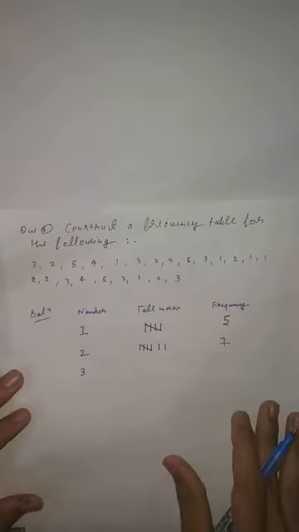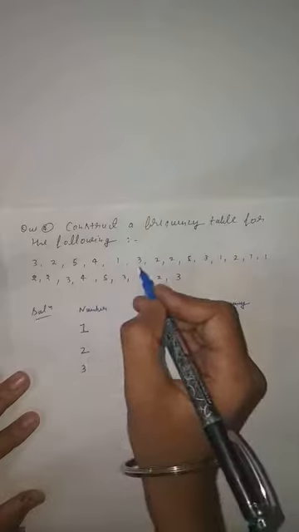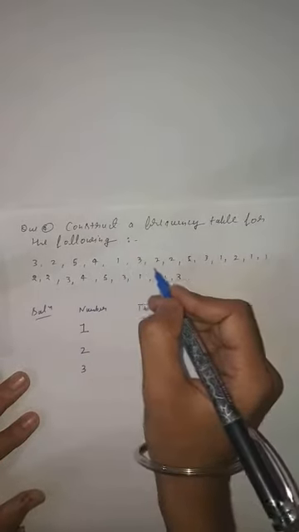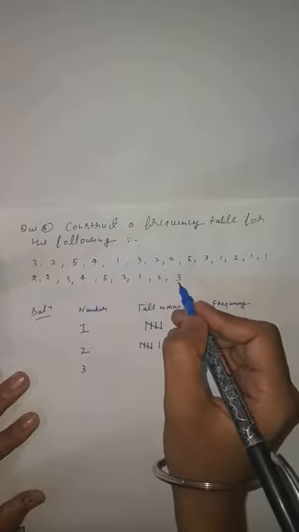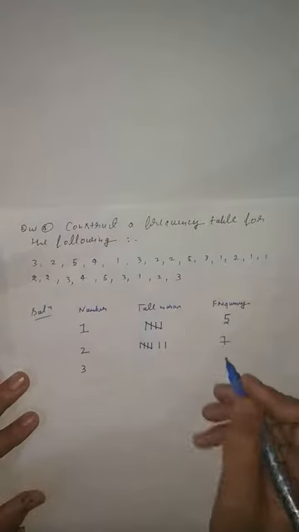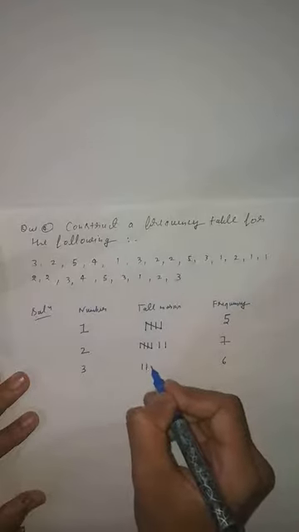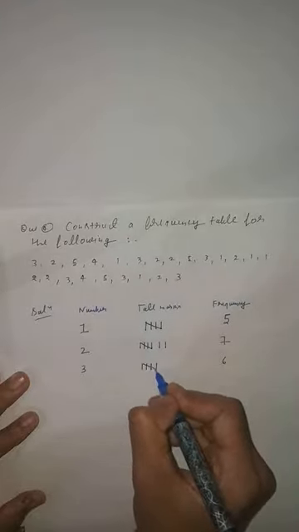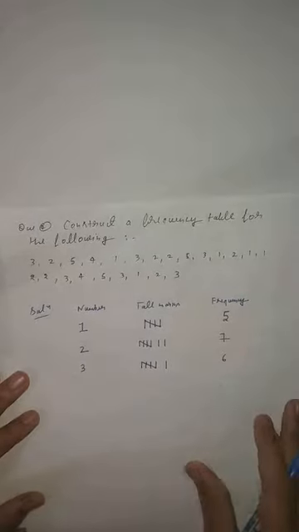You have to check for 3. So 3. Here 1, 1, 2, 3, 4, 5, 6. Total how many 3s are there? 6. There you will write down 6, and for 6 draw 1, 2, 3, 4. Next is 5 and this one is your 6. Clear student? Now come to 4.